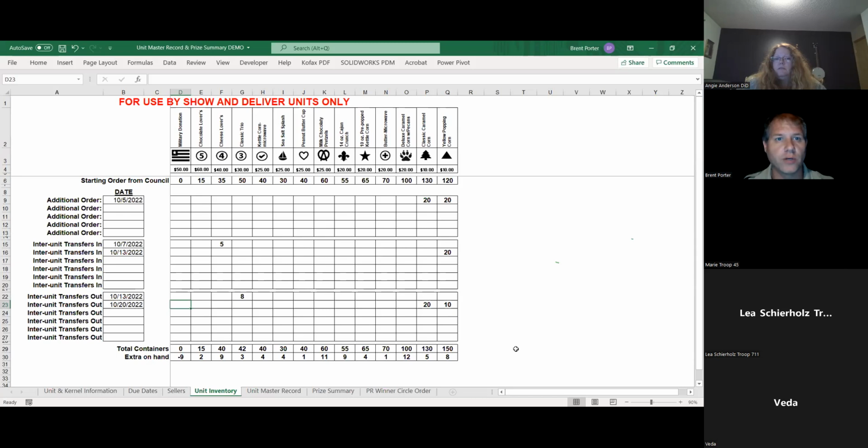So when we ask for your return order, you should be able to go right into this page, assuming that the smell test worked on everything you've done so far, and you've double checked everything, and everything is accurate with all your scouts and what they purchased or what they sold. Extra on hand is essentially your return order, okay? One thing to note is you're in the negative on the military donation.